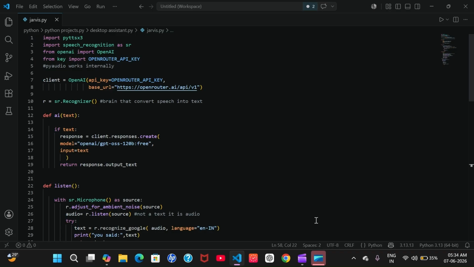So the libraries we are going to use, actually this is the first day, so we are starting with one or two libraries. Then going ahead with the series, we will build different features of this assistant. So today we are going to discuss only three libraries. With the help of this, we will make a speaking virtual assistant. So let's have a look.